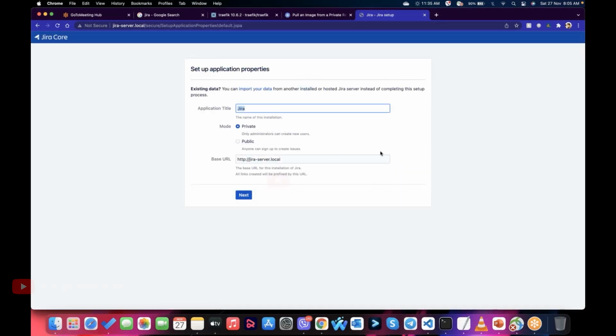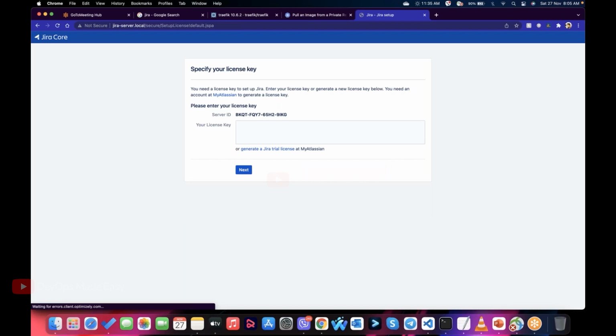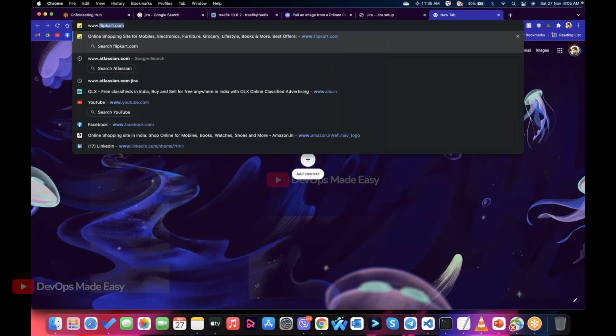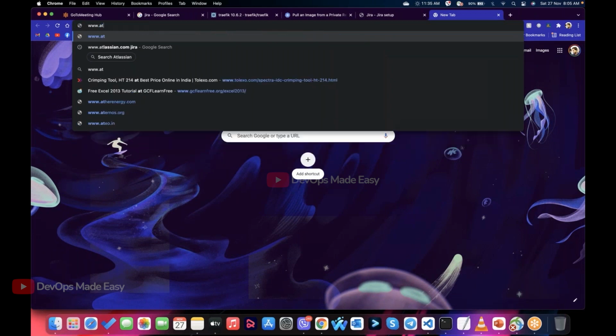So now we can give the application title. In my case, I'm just leaving it as Jira, and mode of access, I'm changing it to public, and this is the base URL. Click on next. So now Jira is asking for a license key. If you have a license key, you can enter it here or request a new trial license from the Atlassian site. You can click on this hyperlink over here, or else I'll directly go to the Atlassian website where I have the account,